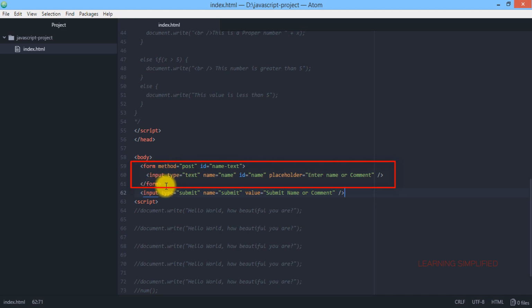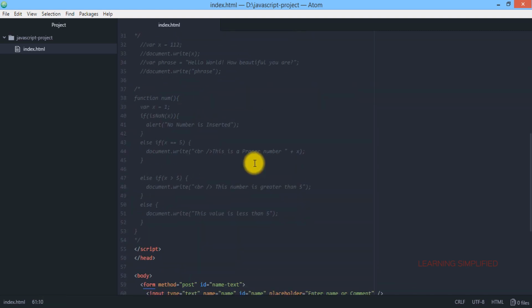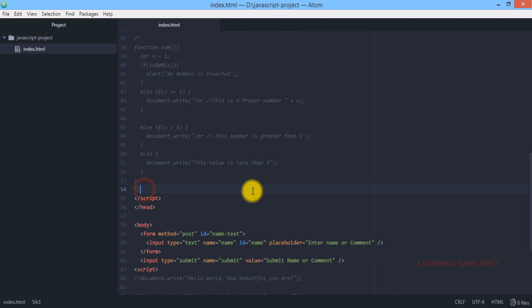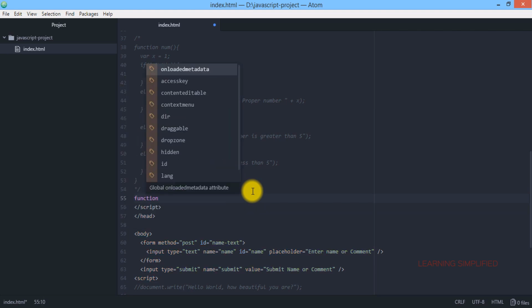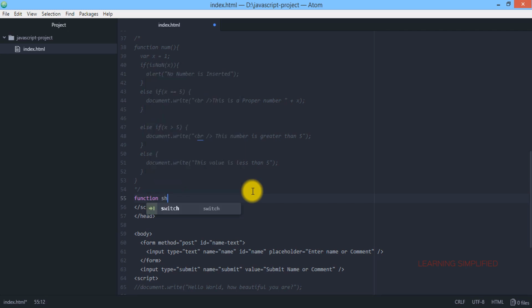Now the thing that we have to note here is that I have placed this input type submit outside this form field. We are going back onto the top, and inside this script tag we are now creating a particular function. We are declaring a function and naming it.